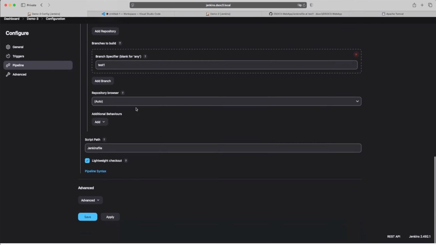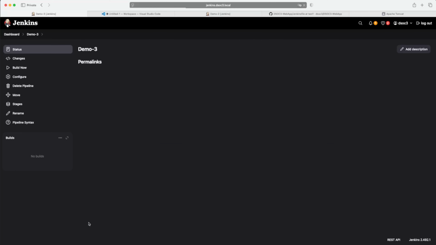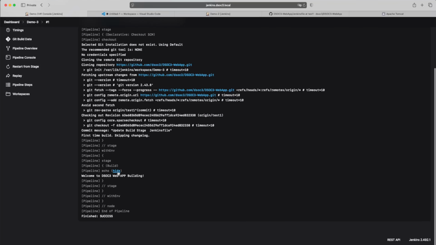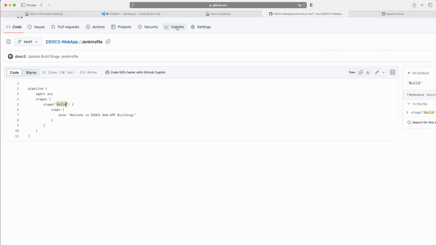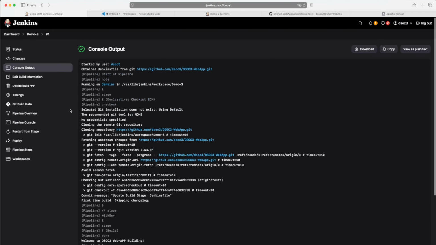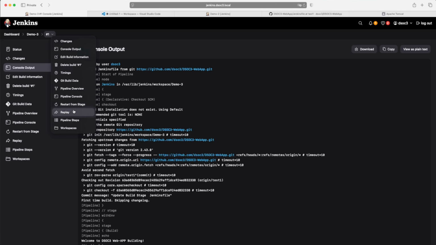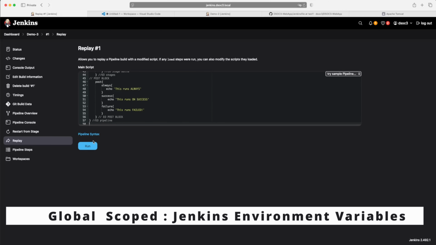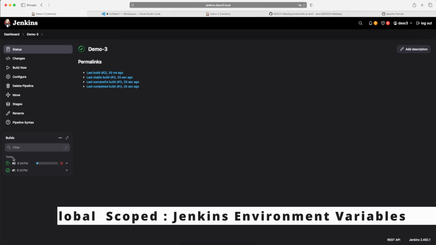But there is one thing: we cannot replay it. At least once we have to build it. So that is going to be done, and welcome was our initial message. If you see, we didn't make any changes, so no worries. Now it's demo 3. Inside demo 3 we will see the environment variable. So I run it, not replay, and now we will see in